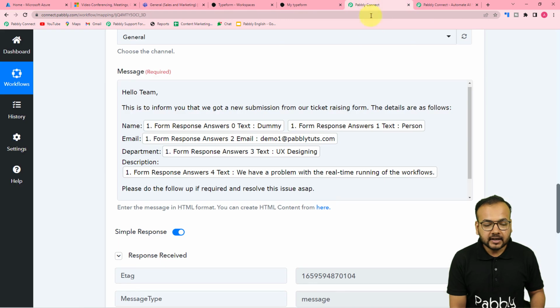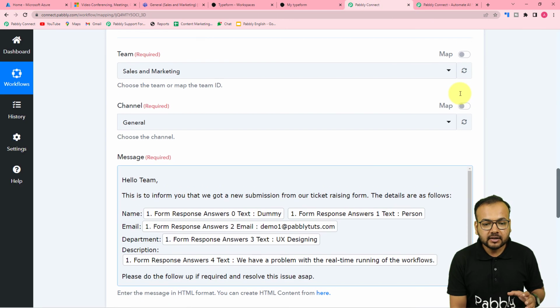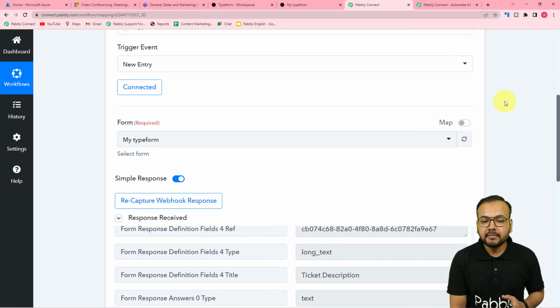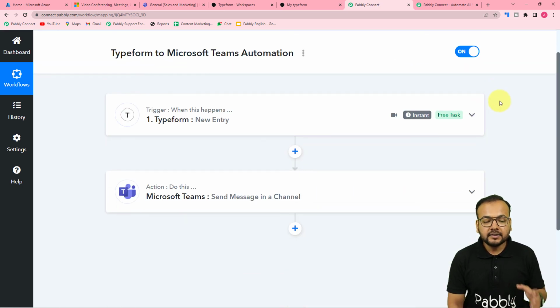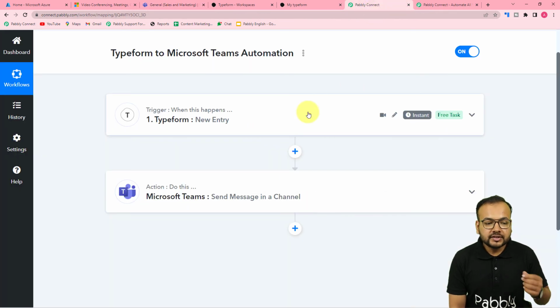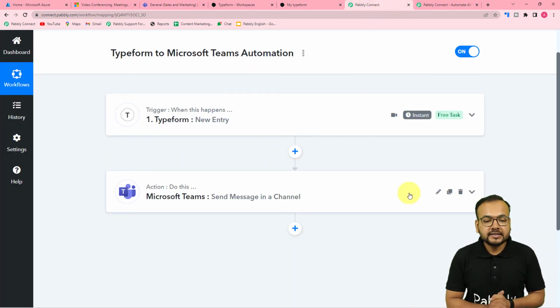Now we are done setting up this automation, and you have to set up this automation only once. After that, you don't have to do anything manually here in the workflow. After that, as and when any person is going to fill your form, these messages are going to be received by your team automatically in this channel. So you can use this same workflow also, because I'm going to paste the link of this same workflow in the description so that you can clone it in your own free Pabbly Connect account